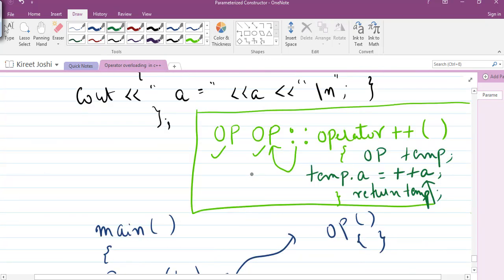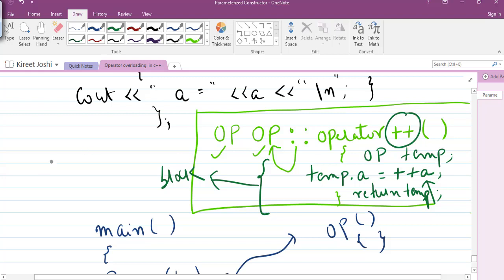Now one thing is very important, and we have also discussed that in the previous lecture, that operator overloading is a concept in which we can't change the basic meaning of an operator. So if we are working with the overloading of the pre-increment operator, then inside this block, I have to write the correct logical statement.